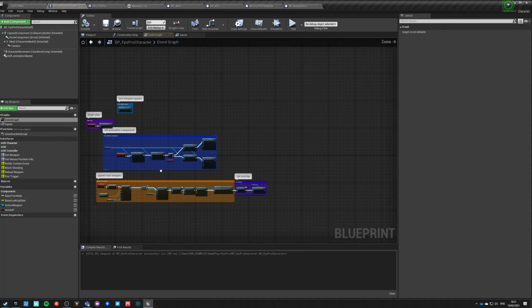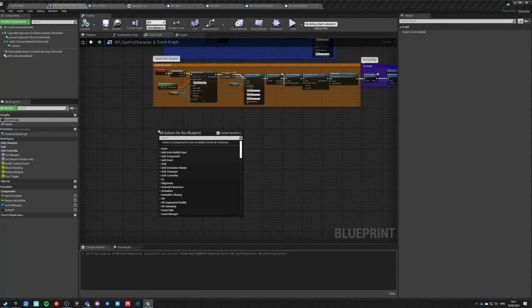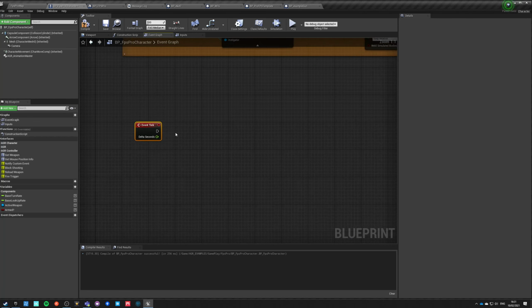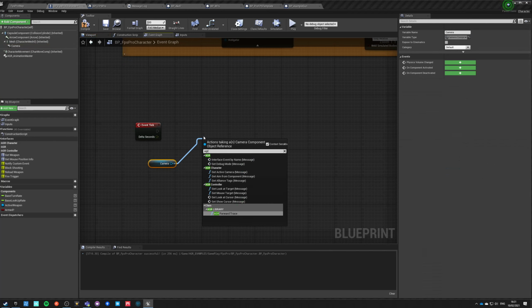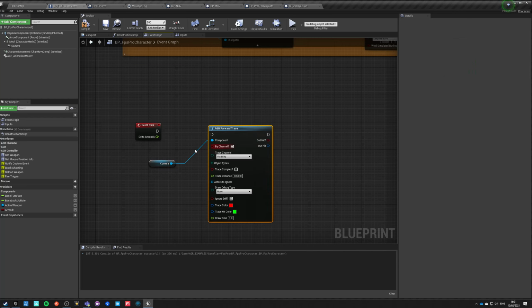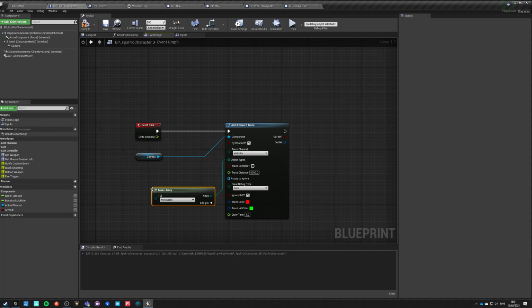Let's go into event graph, let's find our tick, and we don't have any tick. Tick event, and what we want to do, we want to get our own camera, and from our camera we want to do AGR trace, which is just a convenient change of line tracing per component. And want to trace visibility, and object type we want to only check for world dynamic, and want to trace complex or even not.